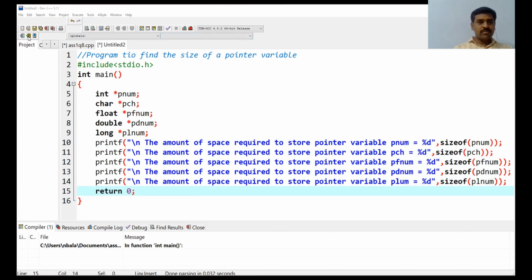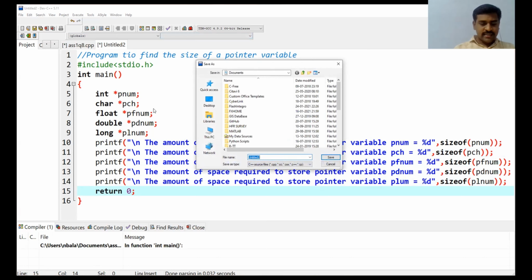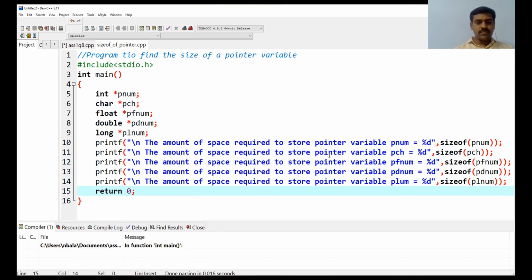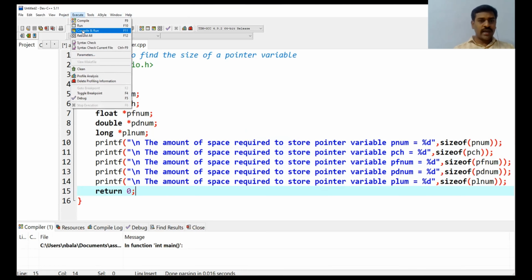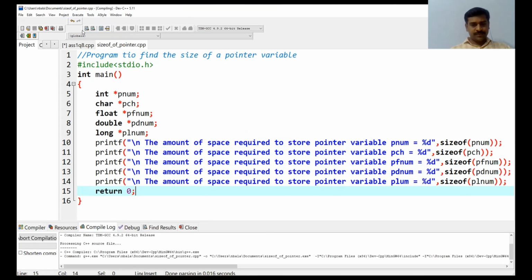The program name is sizeof underscore pointer. Save. Once it is saved, we have to execute the file. So I am writing compile and run.